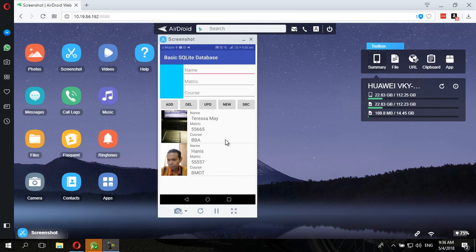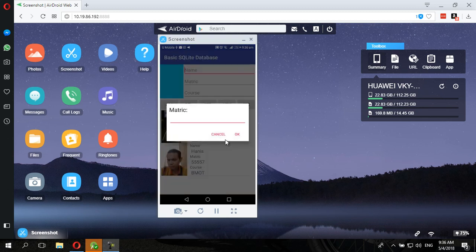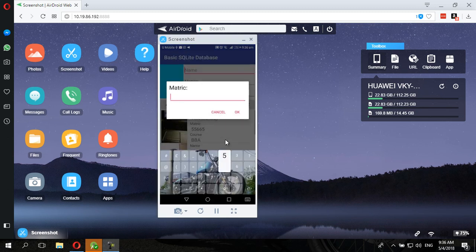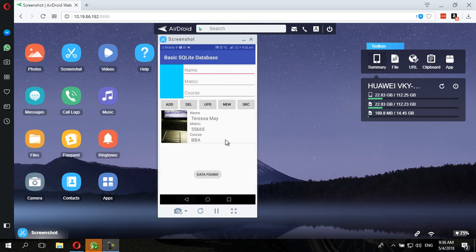Search, if you like to search for data, so for example, let's just search 55665. Press OK, data found, and there you go, the data is in the list view. Right, so if you like to show back all, you just go back, press search, and then you can search all. So this is basically how the application should look like. Alright,